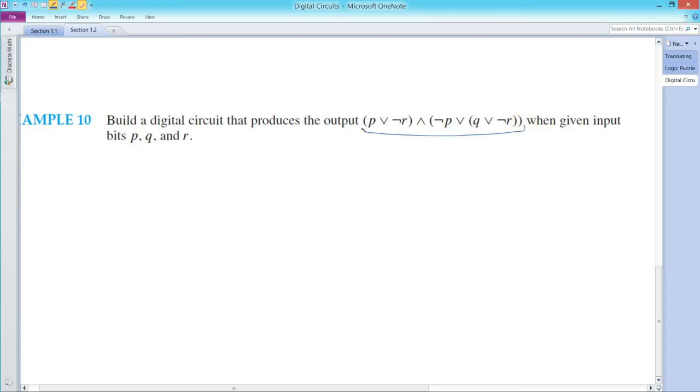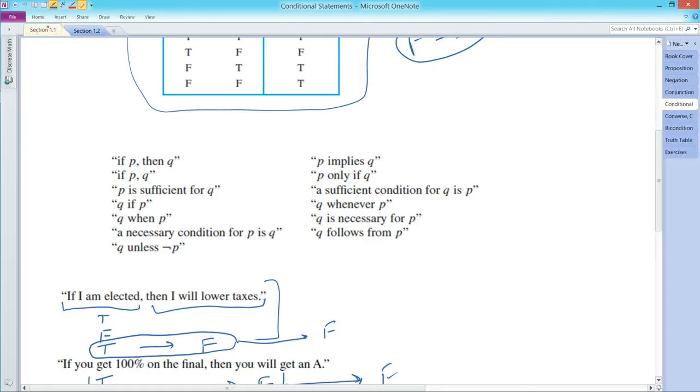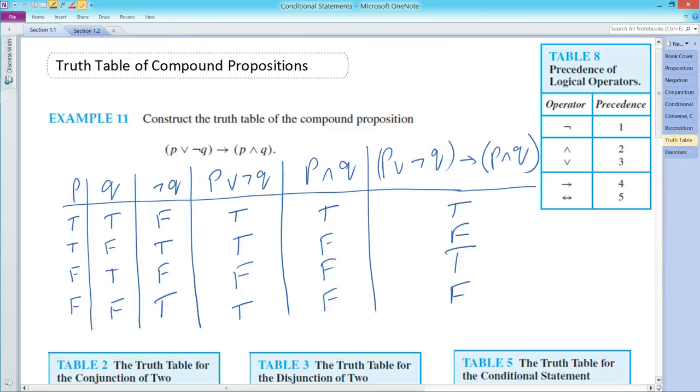Now, if you recall, in section 1.1 we have seen the operator precedence table. Let me show you that again. On the right side over here, you'll see Table 8. Table 8 tells you the precedence of logical operators. According to this table, the NOT has the first precedence, and then the AND operator, then the OR operator, and so on. So we are going to observe the precedence of the operators when we are constructing the